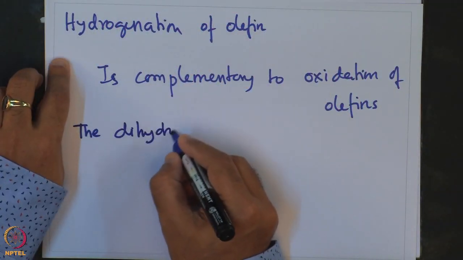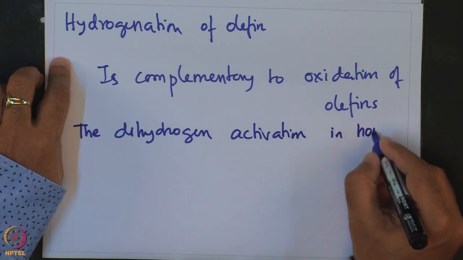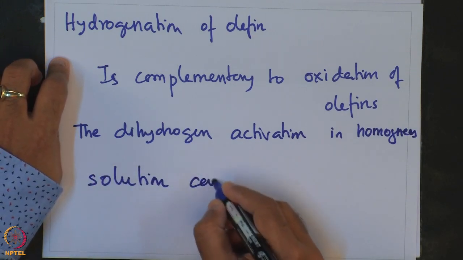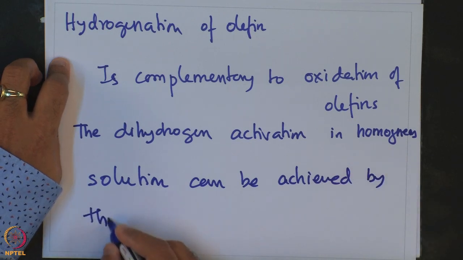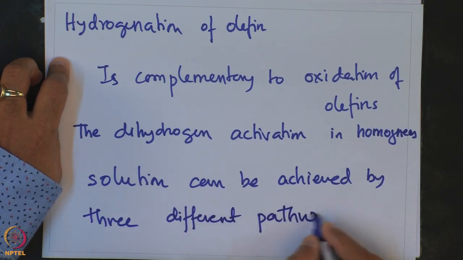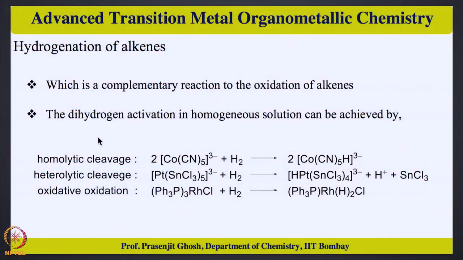Dihydrogen activation in homogeneous solution can be achieved by three different pathways. And we are going to discuss this in a bit more detail. These three different pathways involve homolytic cleavage of hydrogen, heterolytic cleavage of hydrogen, and oxidative addition using hydrogen. So, three different pathways are homolytic cleavage,